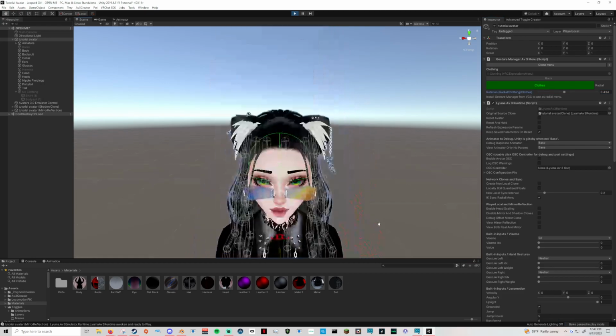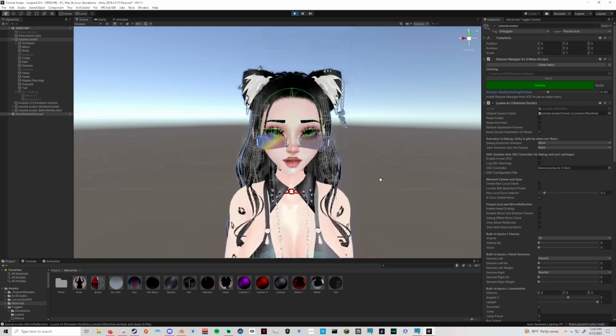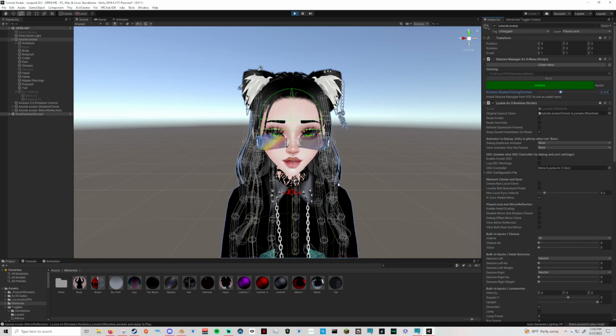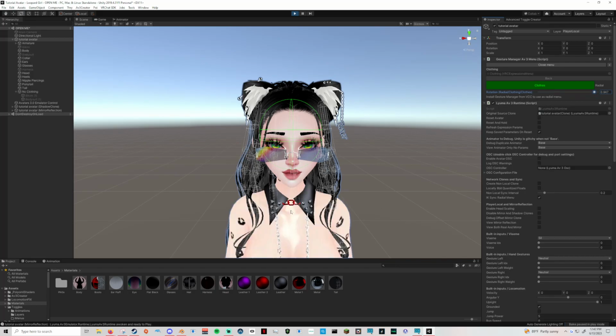I'll zoom in and hide. So as you can see, we have the bikini, we have the bodysuit, and then if we go even further, she doesn't have any clothing on. So that's why, as you can see over here, it hid both of those and it went to the no clothing